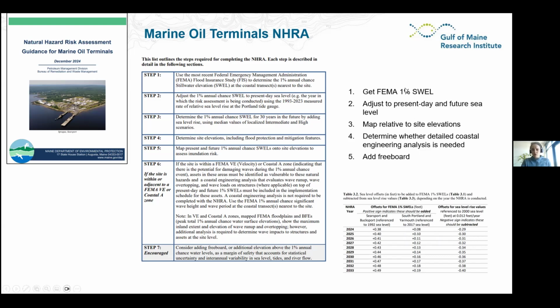Here's how you get a 1% still water elevation from a FEMA map. Here's how you adjust it to present day and future sea level using these scenarios that Maine has adopted. Map them relative to site elevations. Use either local observations of waves or FEMA designations about the type of flood zone you're in to determine whether